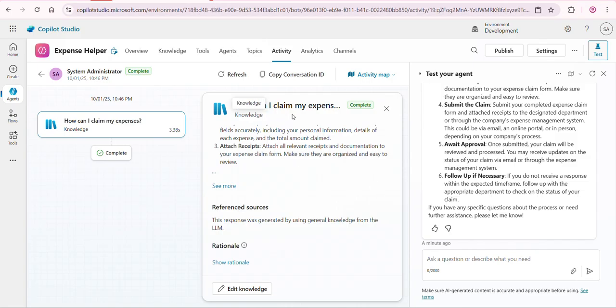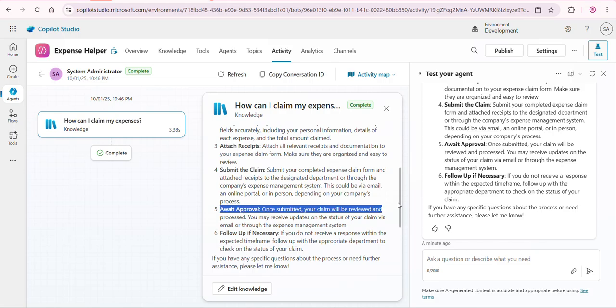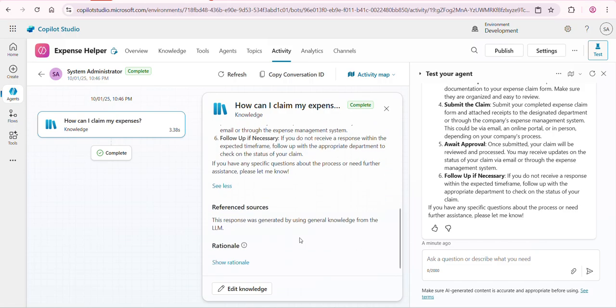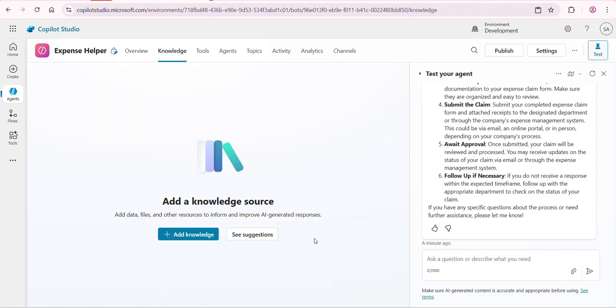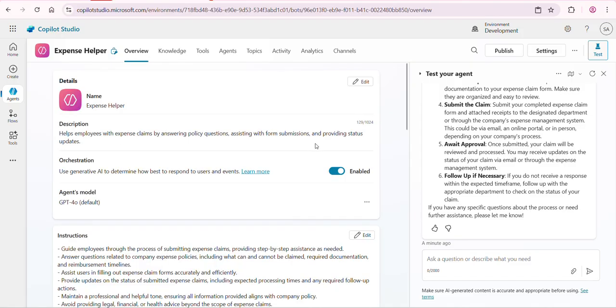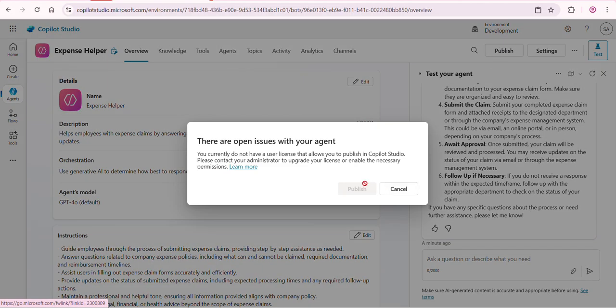So right now these responses are coming from knowledge. This response was generated by using general knowledge from the LLM. Alright, so let's edit this knowledge. Right now, as I am seeing, we don't have any knowledge source available here. So if I just give it a publish to this bot,